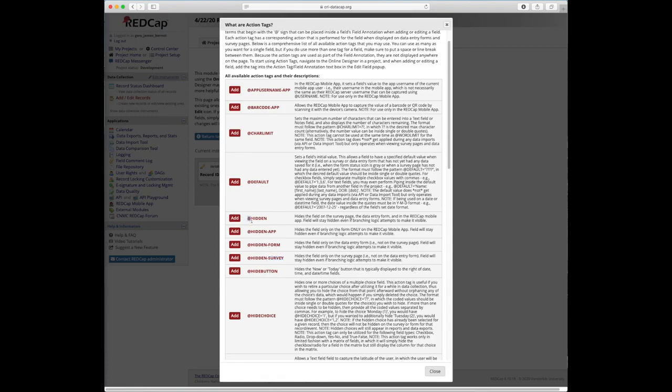If you just put @hidden, it would be hidden no matter what. Why would you want to do that? You might want to do that if you had an old version of a question that you've collected data for a number of participants already, and now you want to ask a new version of that question, but you don't want to delete the old question and the old data that was associated with it. So you could use something like @hidden to no longer display that old question, but to still have it saved